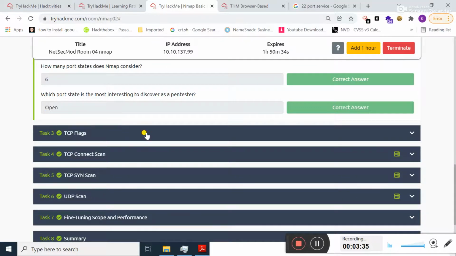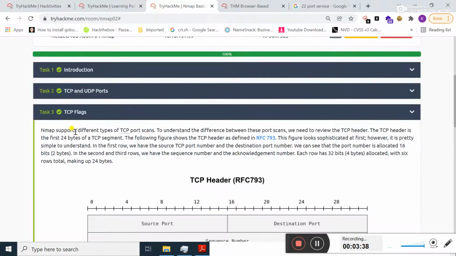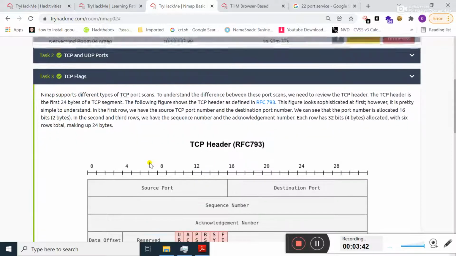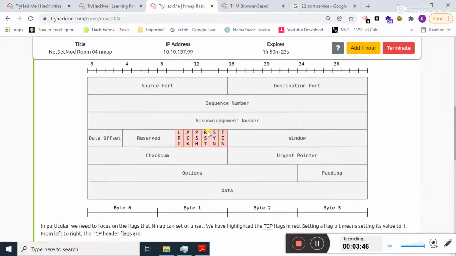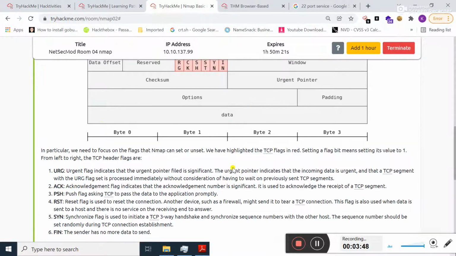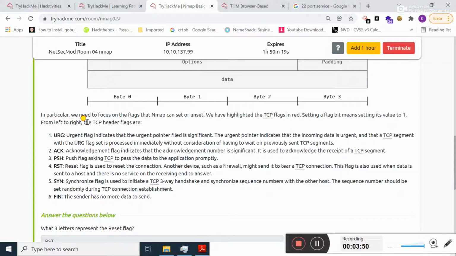Let's jump to task 3, that is TCP flags. Okay guys, here some TCP flag scenarios are presented. You should read all of these thoroughly for your concept. The TCP header flags are these. Urgent indicates that the urgent pointer field is significant.